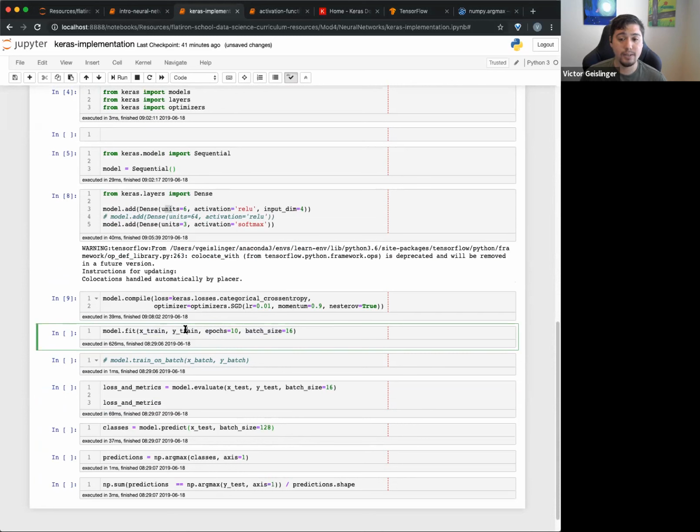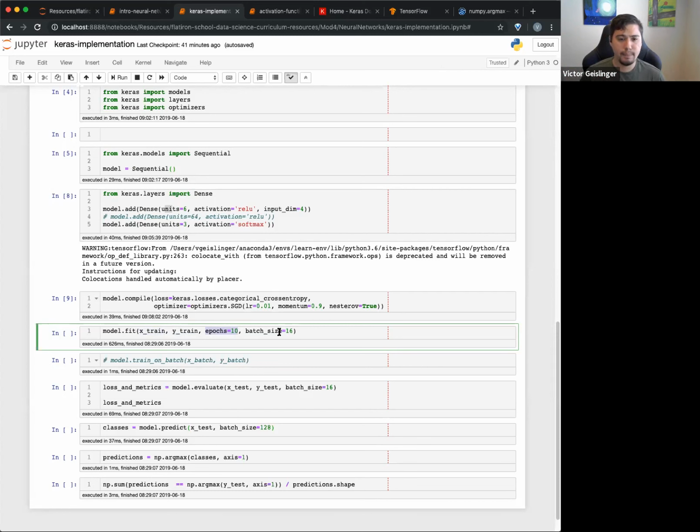So X train and Y train, that kind of makes sense. Basically, these are our classification parts. Our X train is what we pass to the model. The Y train will allow us to calculate our loss and ultimately our cost function. And then we back propagate it through, readjusting all the weights and the biases. And then we pass it again through. So passing it through once and then going backwards is one epoch. And so we will just do this 10 times, going back and forth, back and forth, back and forth.